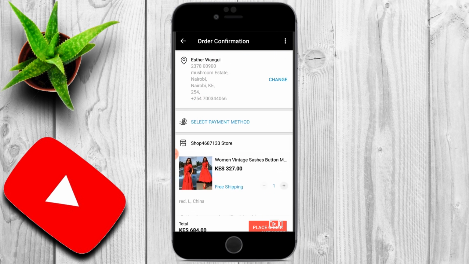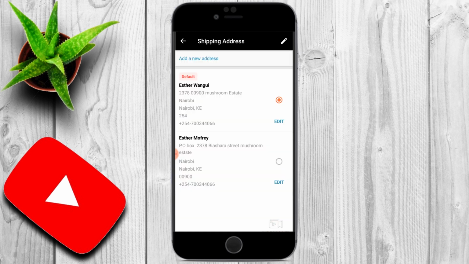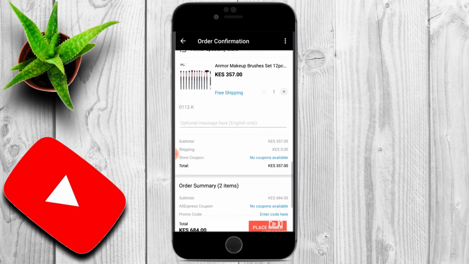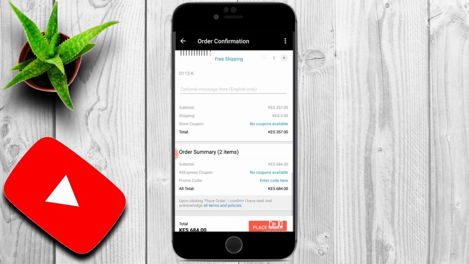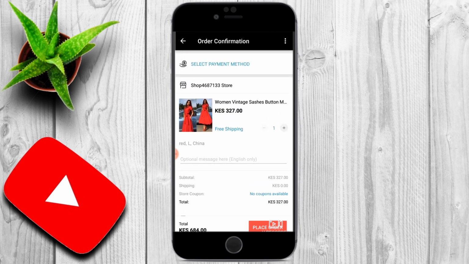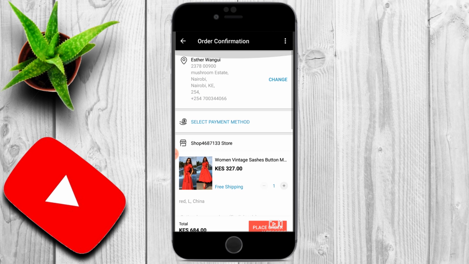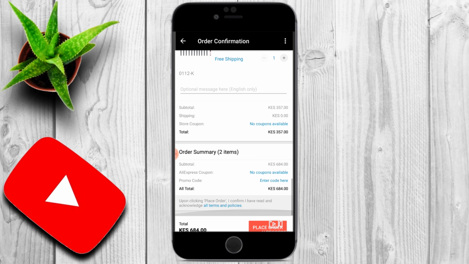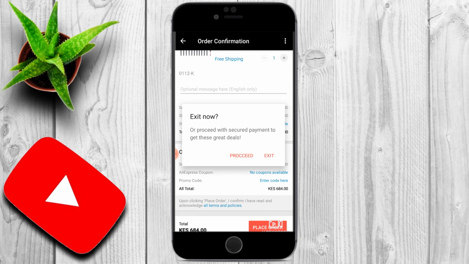And that's my address. And if you don't have an address, you can go there, edit address, and you can put all your details and your PO box. Then this is now the total cost of the two items, and I'm required to pay 684 shillings because both items are free shipping. Okay, so after now this, I will just place an order to get a payment method,